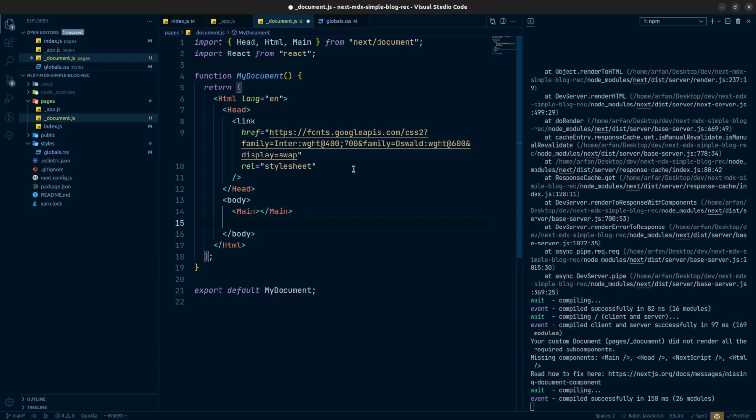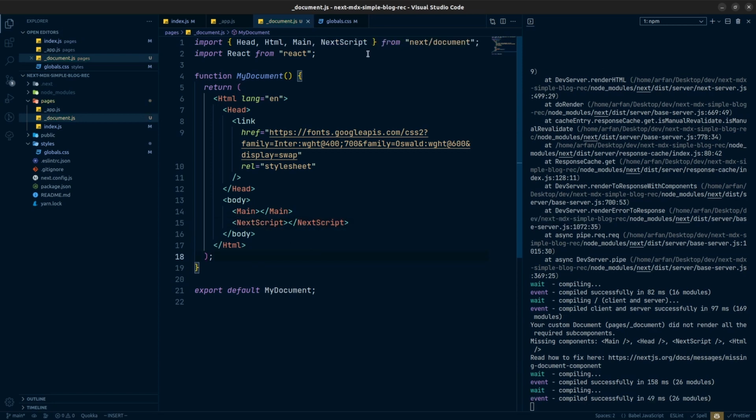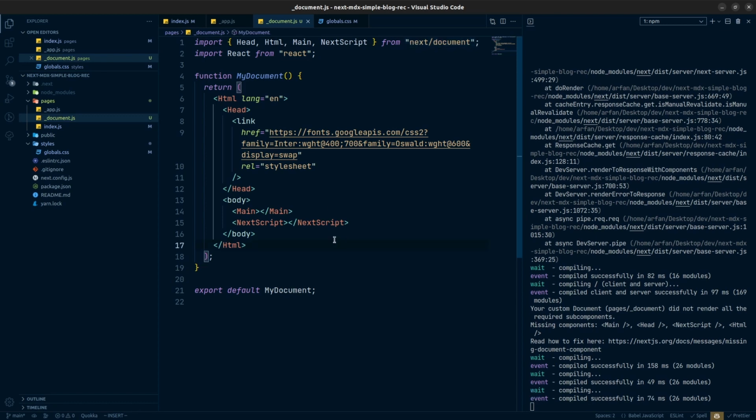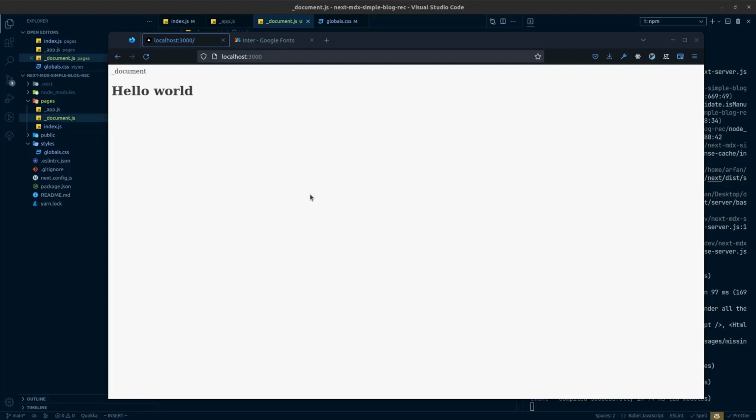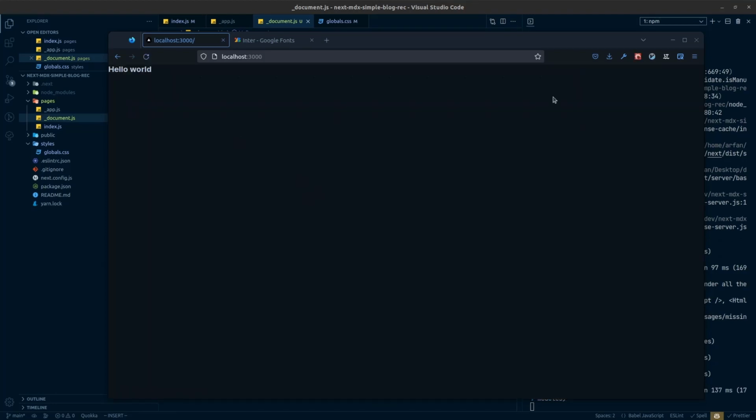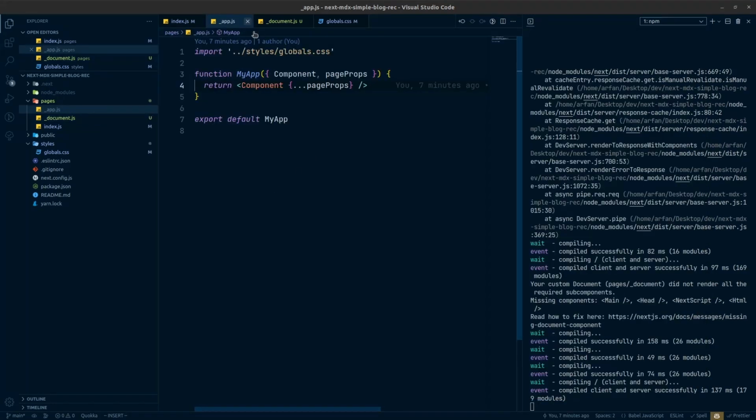After this we will have our next script, and here it is. And also this next script will be from next document as well. So if I save that, now if I come here in our website, there will be no change, you can see. So now let's come here in our app.js, which is actually _app.js,